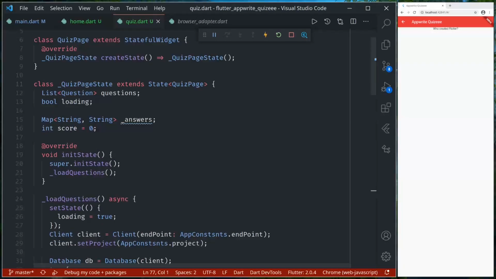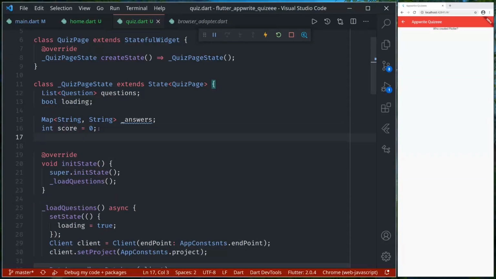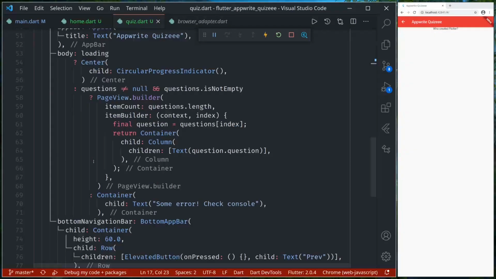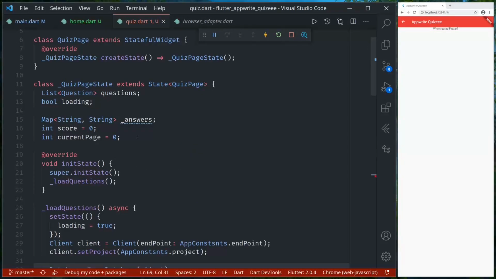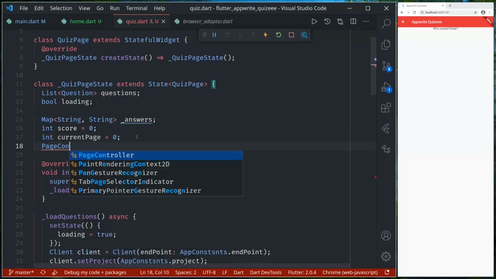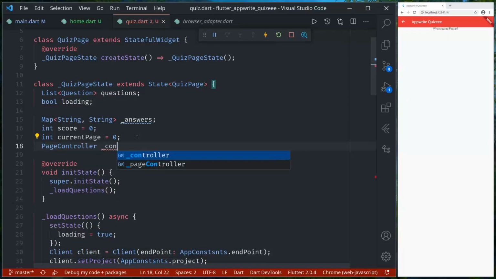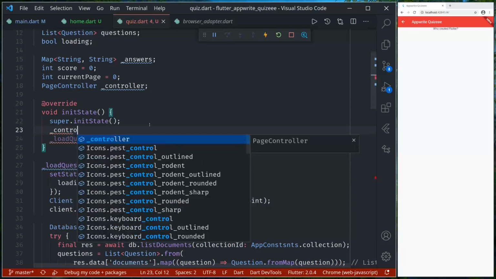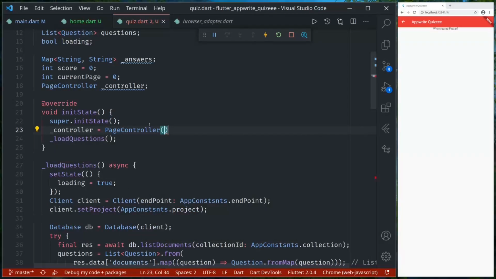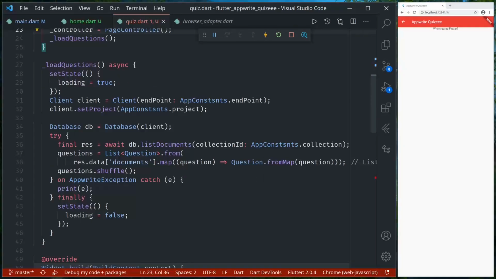Let's set up few things here, few more things. Equals to 0. Controller, let's create page controller as well. Underscore controller. Page controller,